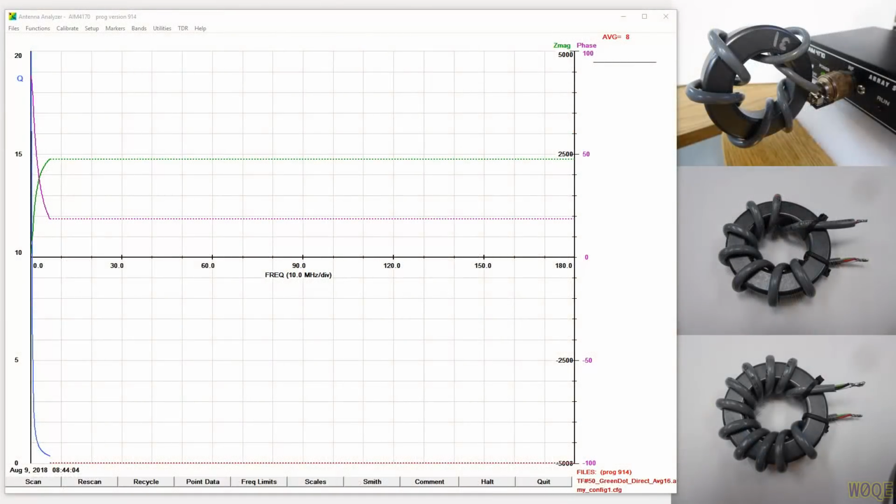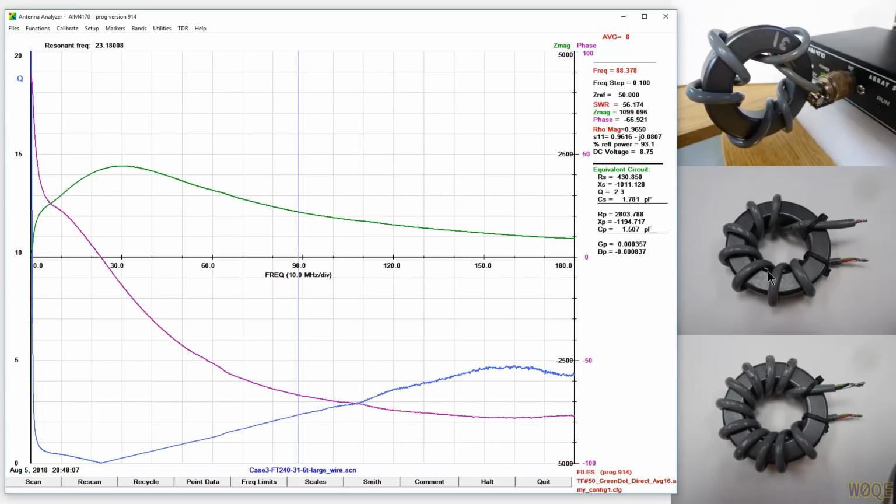Now let's look at 3 cases with different numbers of turns on a 2.4-inch outside diameter core, number 31 material, and see what the impedance is. And rather than putting you through the scanning process, let me just load the files. Shown here is the file for the top case, which is 6 turns. And with 6 turns, what we see is an impedance